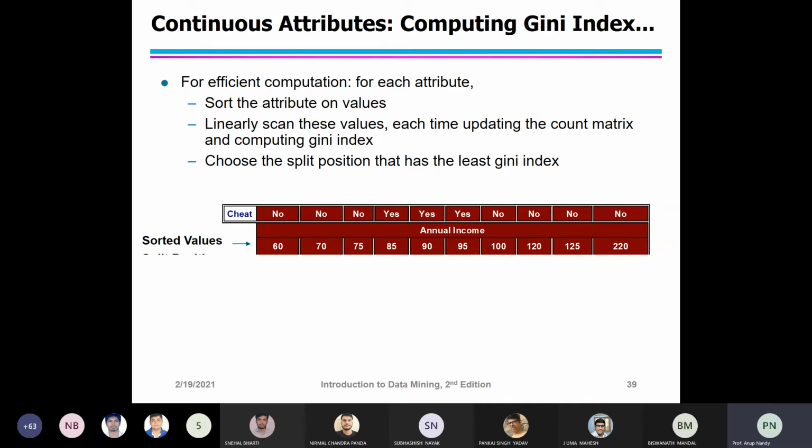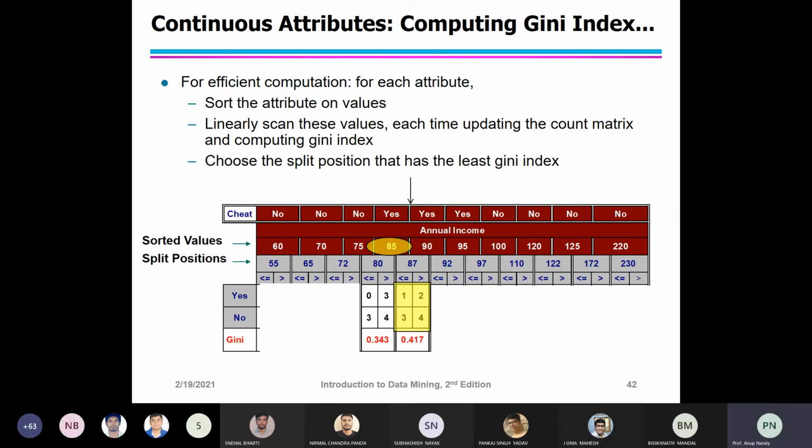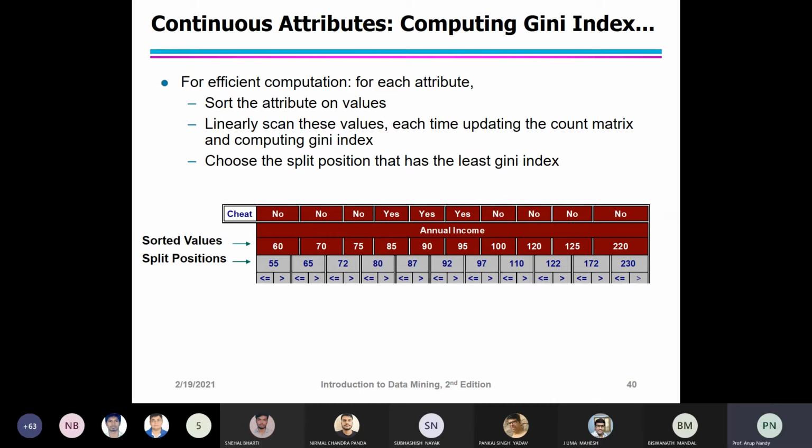Then choose the split position that has the least Gini index. That's it. Whatever annual incomes are there, you just sort them in increasing order. That is the sorted value.